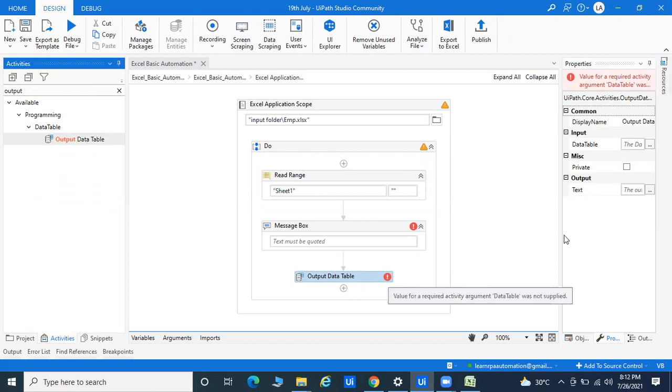You can see on the right side, we are getting the input and the output. Input is for taking your data, and output is for returning the string data. You can see here the output of the data table as a string. So it converts the data into string. The same thing we'll try to do, converting the data into string.